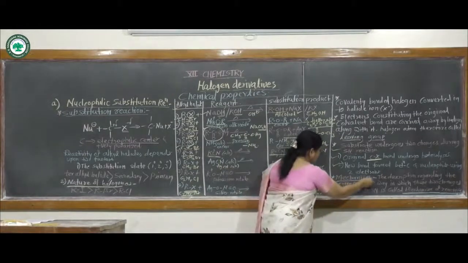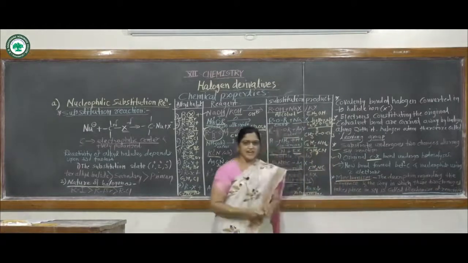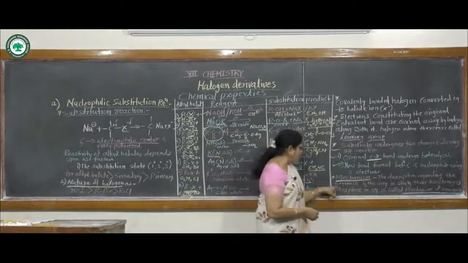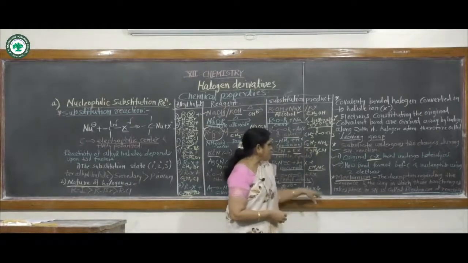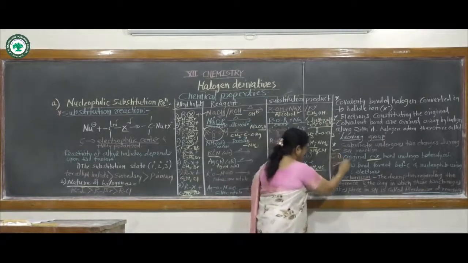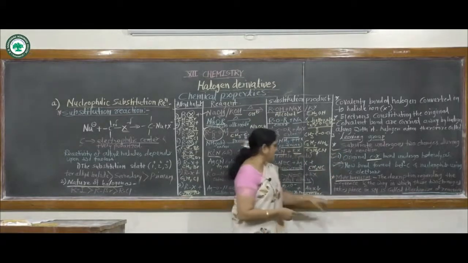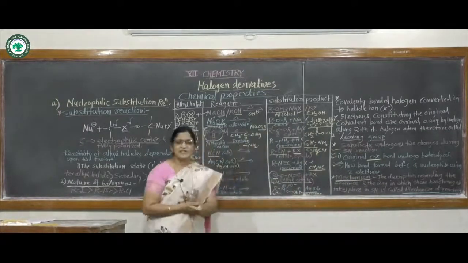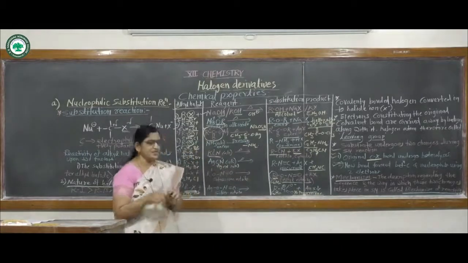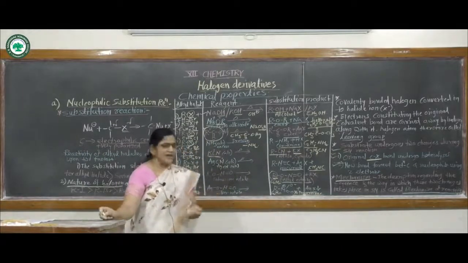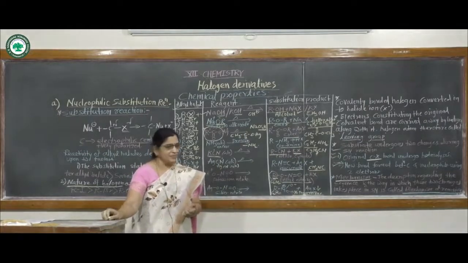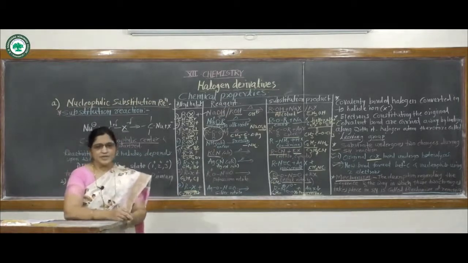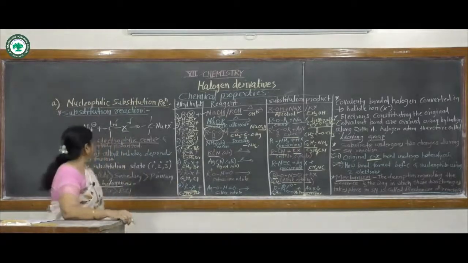The next point is mechanism. What is the mechanism of this reaction? Mechanism means the description of the sequence and the way in which these two changes take place in nucleophilic substitution, or the step by step description of the reaction. That means the formation of product from reactant is called the mechanism of the reaction. In nucleophilic substitution reaction, there are two types of mechanism,